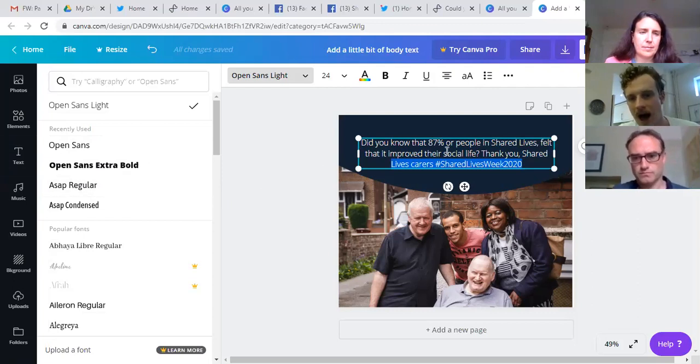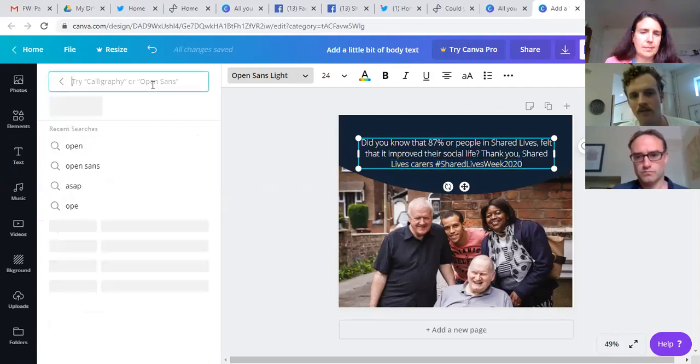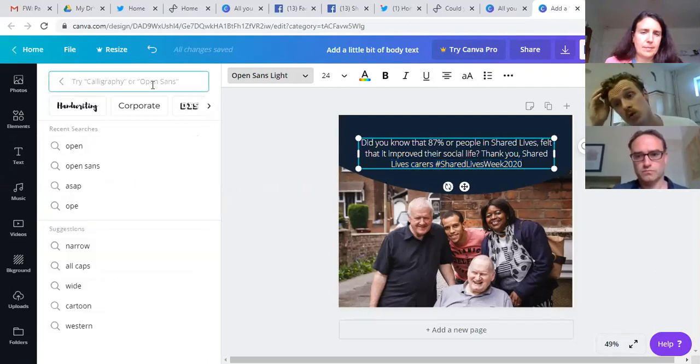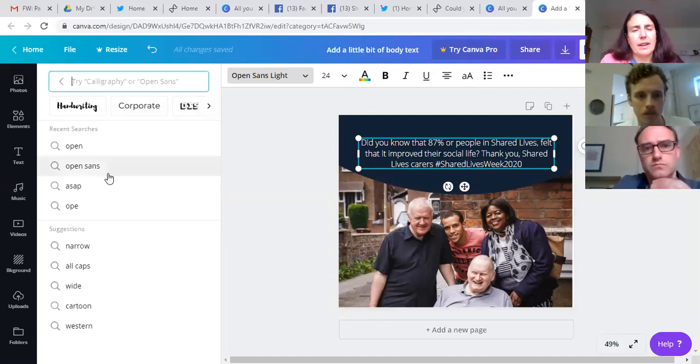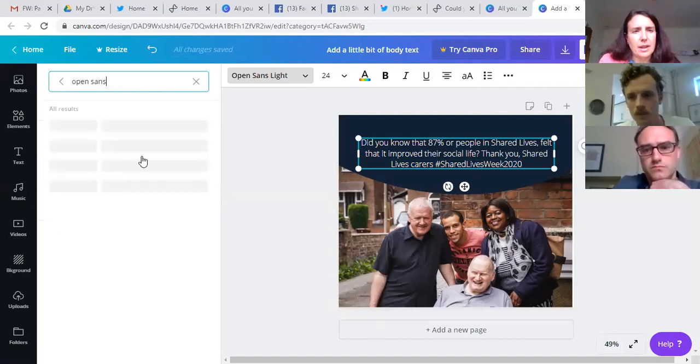So we're happy that this is in the right font, but if you have a particular font that you use for your local authority, for your scheme communications, and if you haven't settled on one yet, I would recommend doing that, because that helps with the consistency that we were talking about before with branding. We'll just use the Open Sans stuff. I think it makes everything look like we're connected to each other.